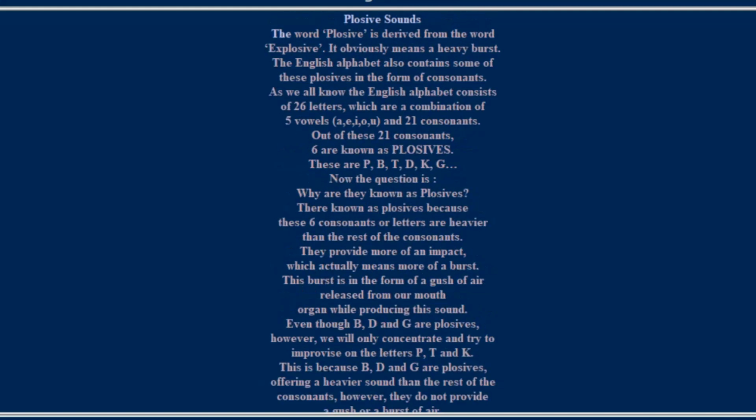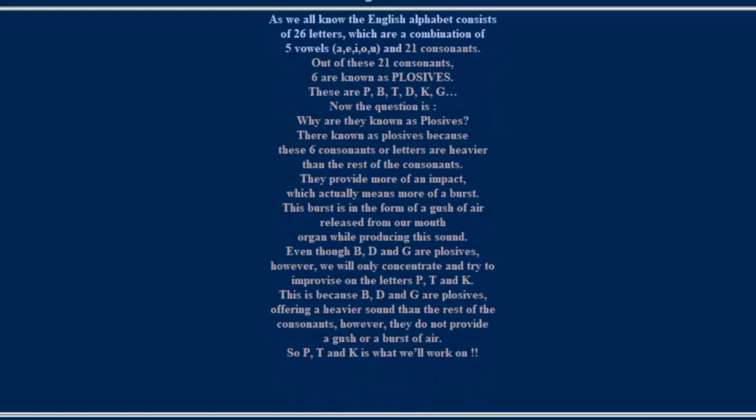Plosive sounds. The word plosive is derived from the word explosive. It obviously means a heavy burst. The English alphabet also contains some of these plosives in the form of consonants. As we all know, the English alphabet consists of 26 letters, which are a combination of 5 vowels, A, E,